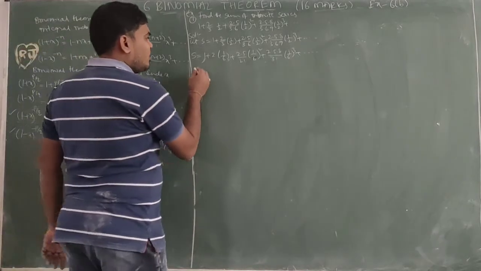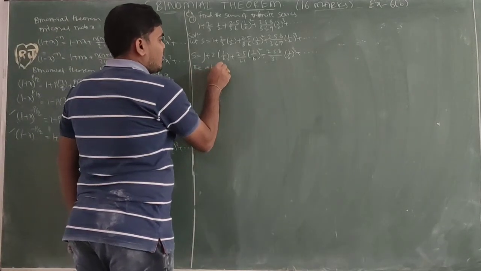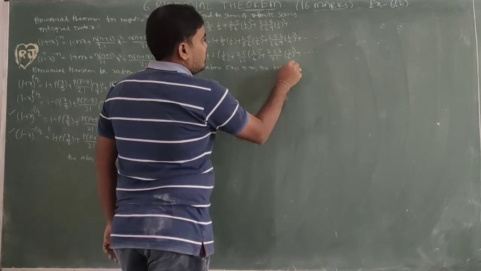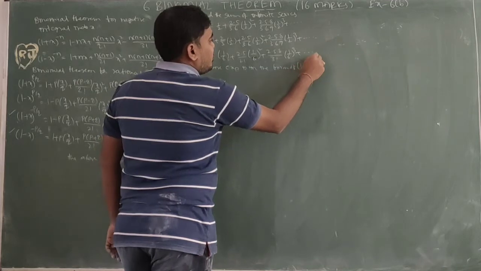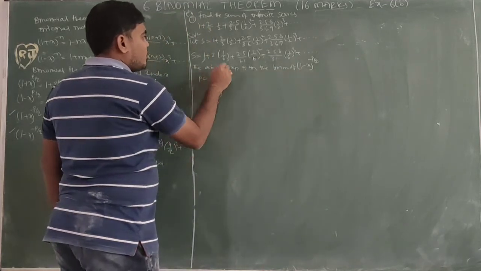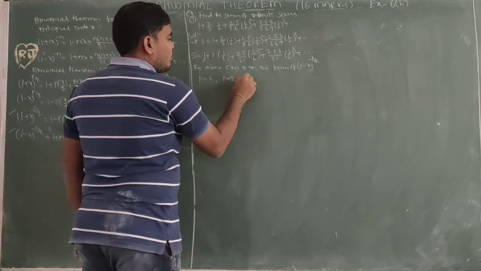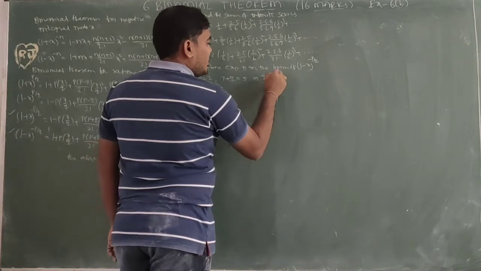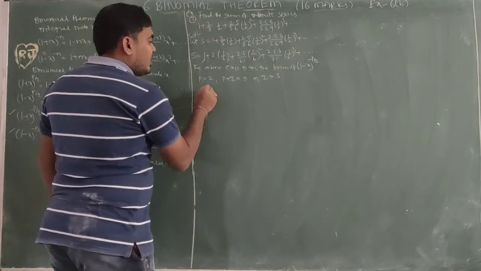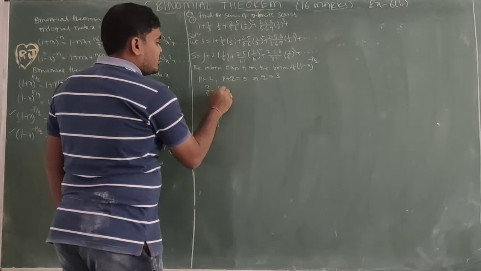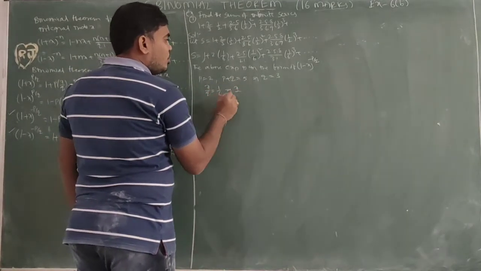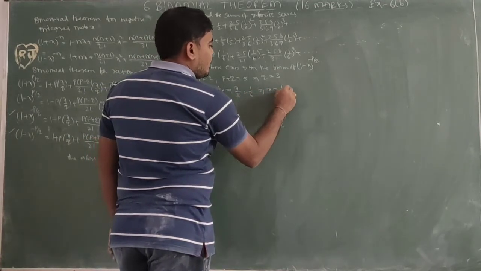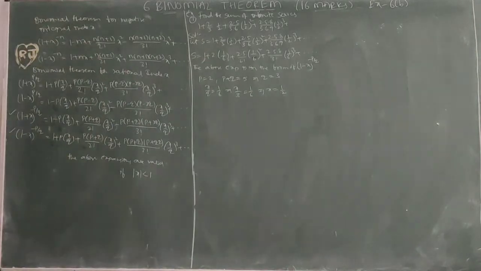Okay. Now the above expansion is in the form of (1 minus x) whole power minus p by q. P equal to 2. P plus q equal to 5, implies q equal to 3, since we add 3 to 2 to get 5. So q equal to 3. x by q equal to, within the bracket, 1 by 6. x by 3 equal to 1 by 6, 3 cancels, x equal to 1 by 2. So we got x equal to 1 by 2.